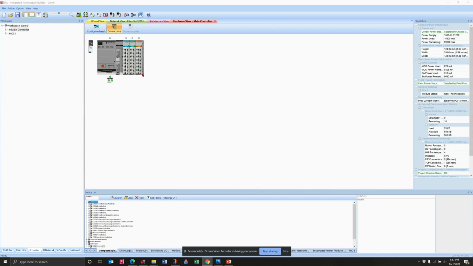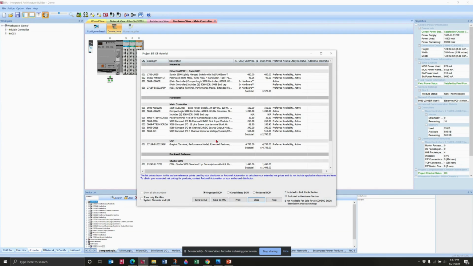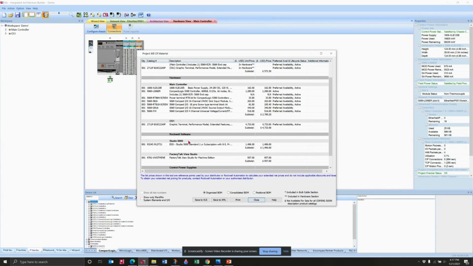Now that we have done our error checking for the project, let's generate a bill of material. So we'll go up to the project BOM icon, click on that. We'll be asked to save our project. Click yes. And then now you see you have a bill of material. One thing to notice in this bill of material is it automatically adds some miscellaneous items, such as your terminal blocks. So in this bill of material, it's an organized bill of material, so it shows the material for that section. So for the main controller, you have this,